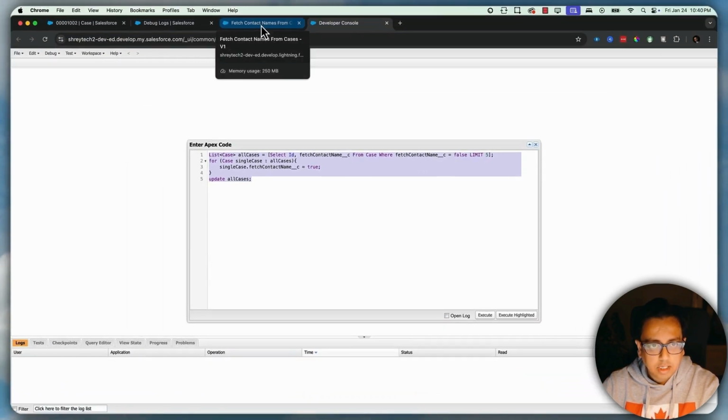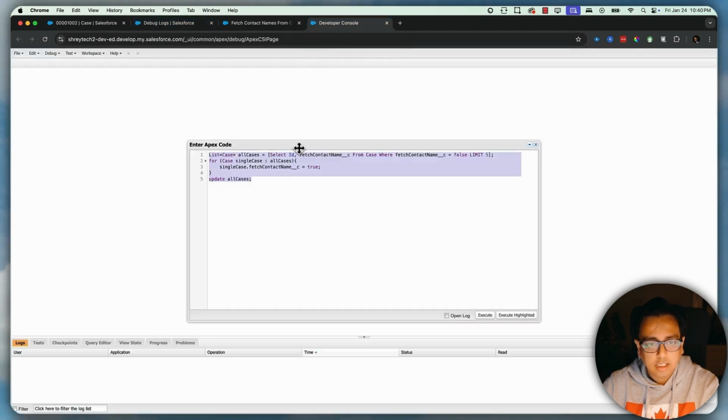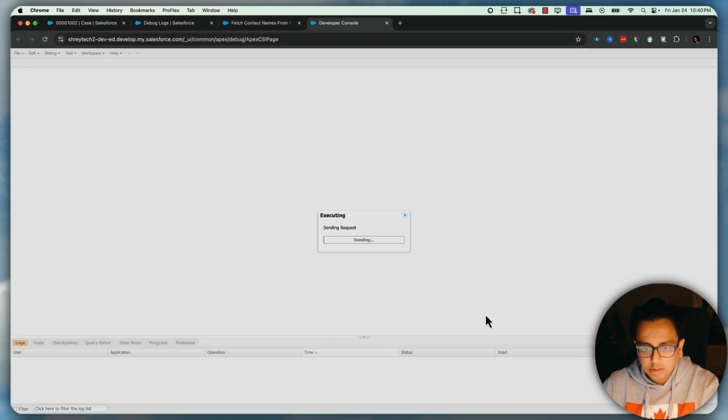So that will trigger this flow, and then from this flow, the Apex class will be called. And from the debug log, what we'll see is that even though it's 5 individual records, instead of calling the flow 5 times, it will be one call of the flow that should be able to handle all the 5 cases. So let's click on execute,